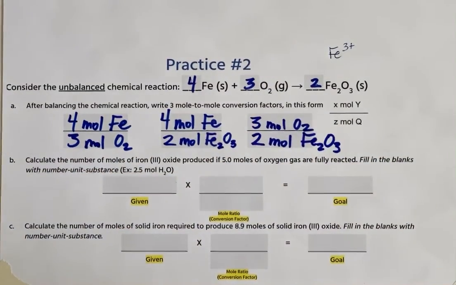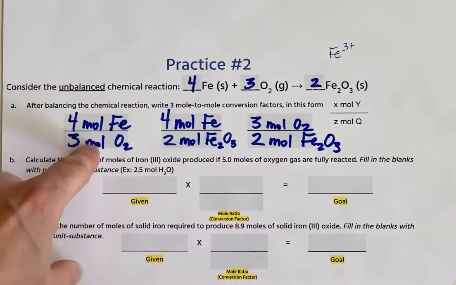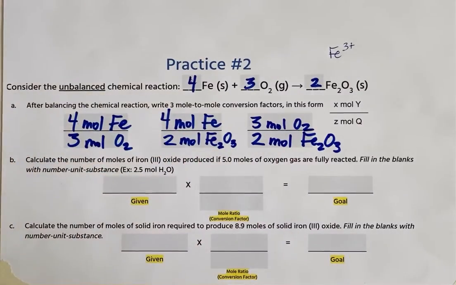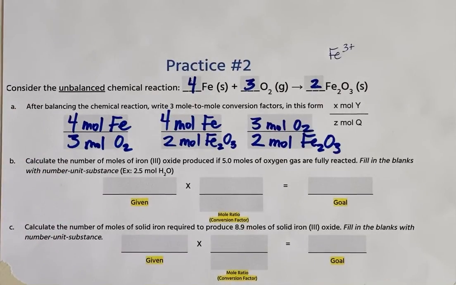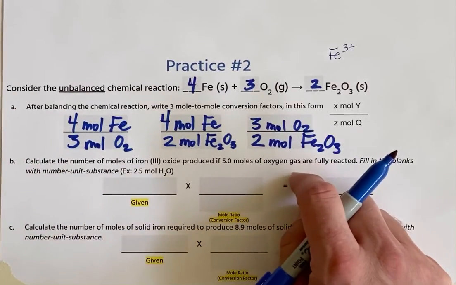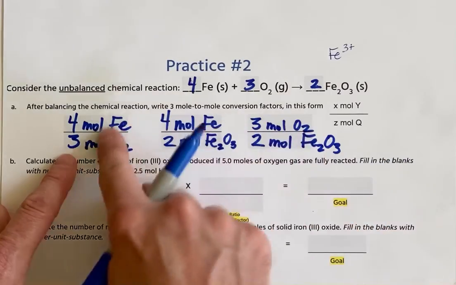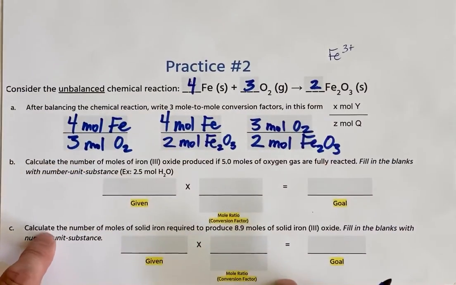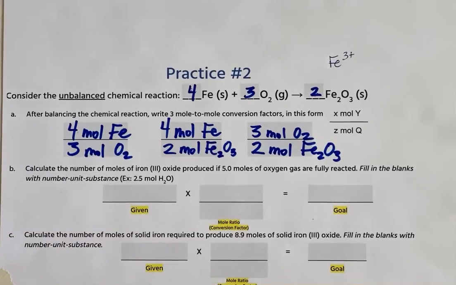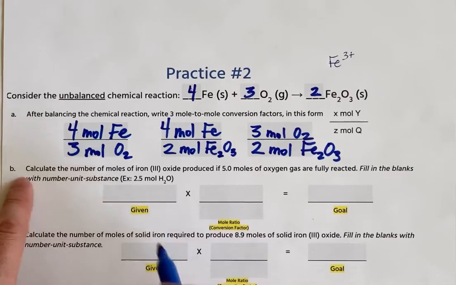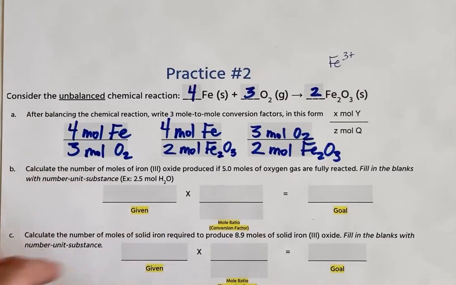So there we have 3 conversion ratios. Now we could do more. We could flip all of these upside down and then have 6 of them. But we've got 3 mole to mole conversion ratios. Now we're going to use these mole to mole conversion ratios to solve problems. Let me double check, make sure we are in the field of view. Perfect. All right. Letter B says, calculate the number of moles of iron